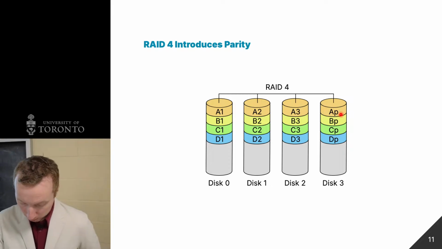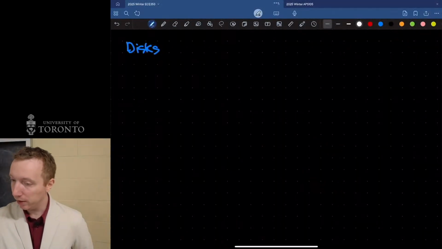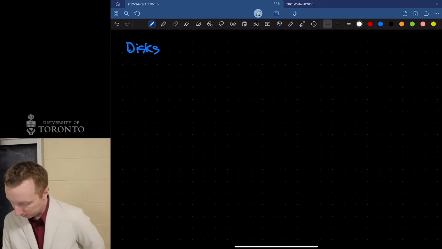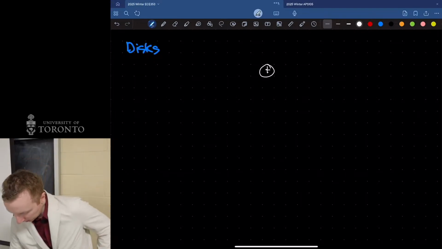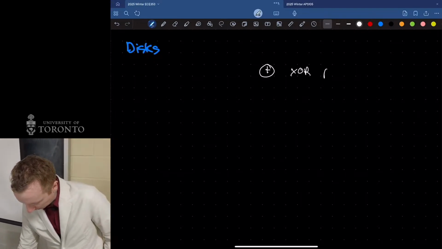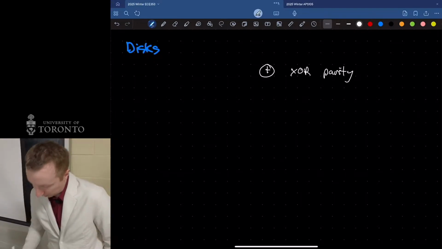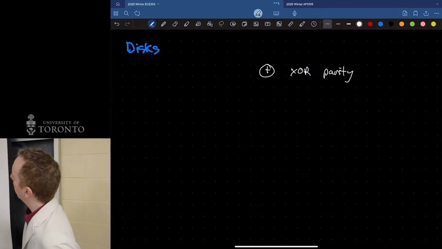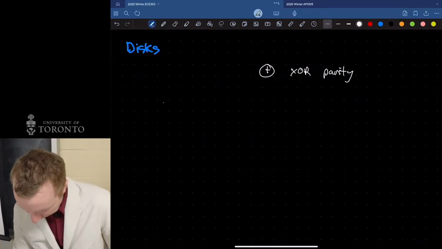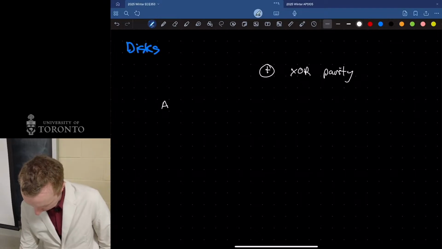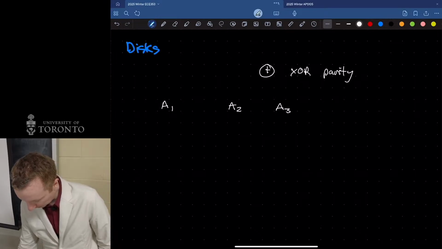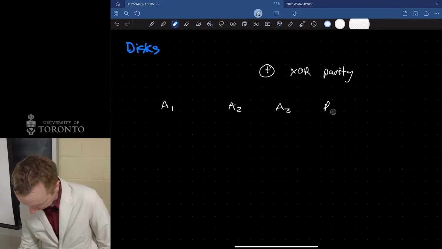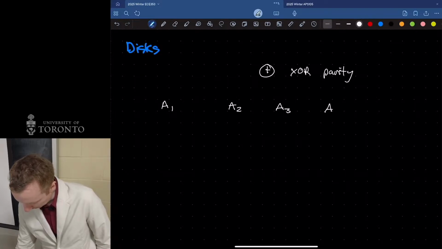So one common way to compute parity is just by using an XOR operation. If we use an XOR, we can use that for parity, is typically what we do. So let's say we have A1, A2, A3, and a parity.